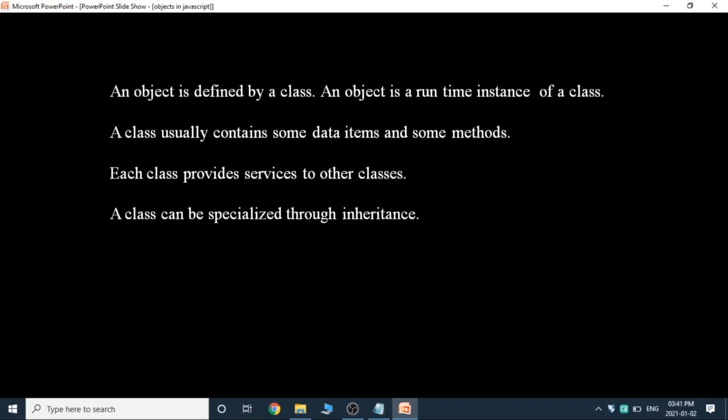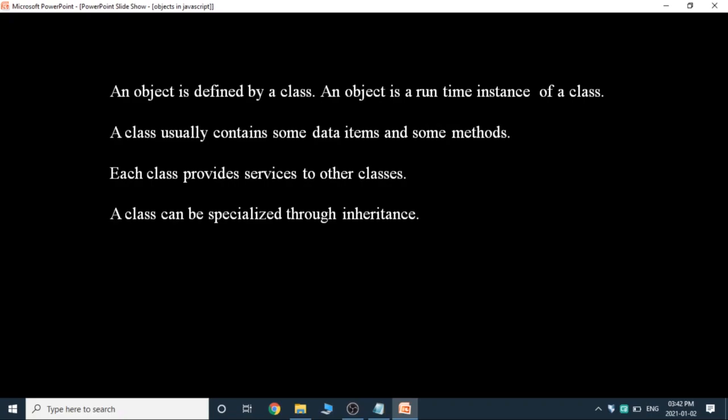An object is defined by a class. What is a class? A class is a user defined data type which is a collection of several objects. For example, let's consider your section, like third BCom. It is a class with several students. Each and every student is an object in that class. And each object has some properties and methods. Height, weight, color are the properties of that object. And the accessing methods like learning, teaching, reading, listening are methods.